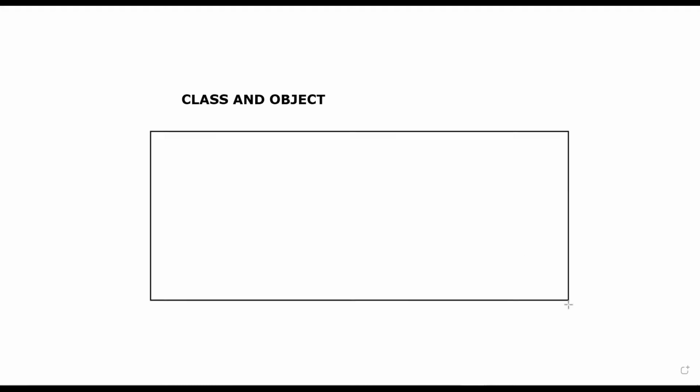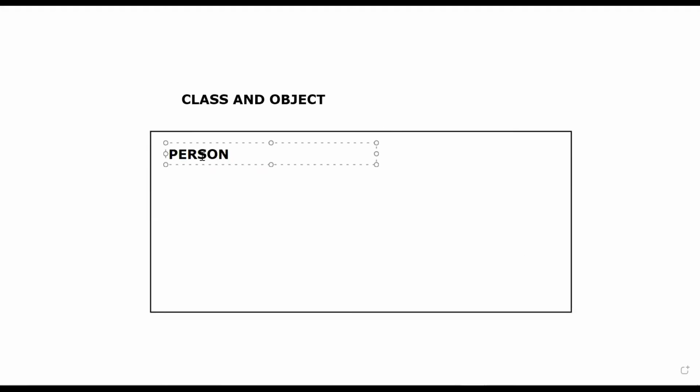Same way, we can consider a class like a base architect, like the example of a person I was giving you. Let's say I have a base architect of a person. So the name of the class is person. Now common attributes I can have in it: name is there, we can have age, gender. So these are the common attributes of any person.